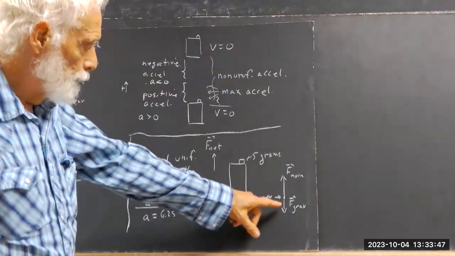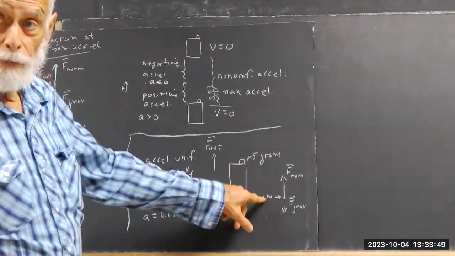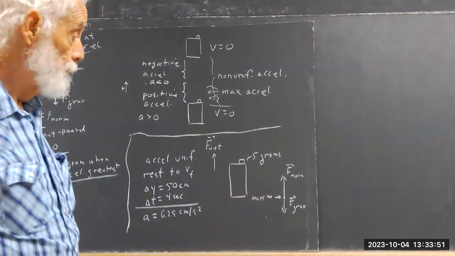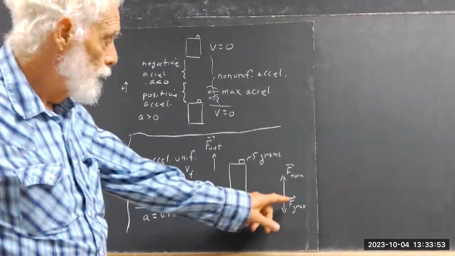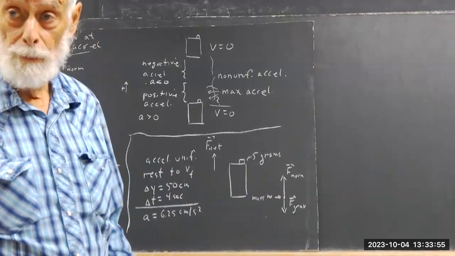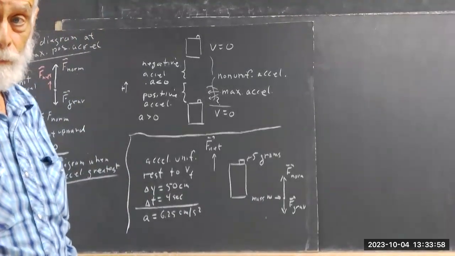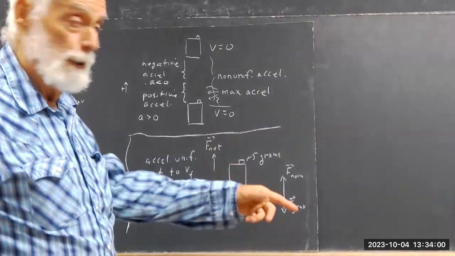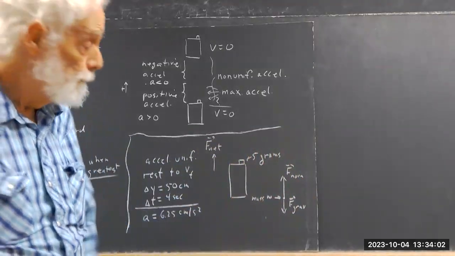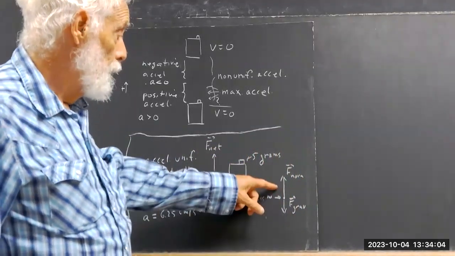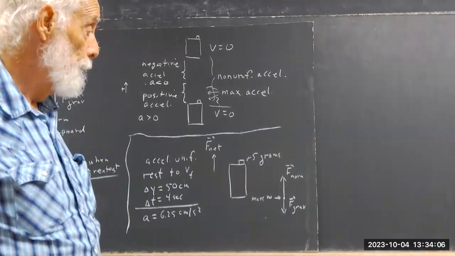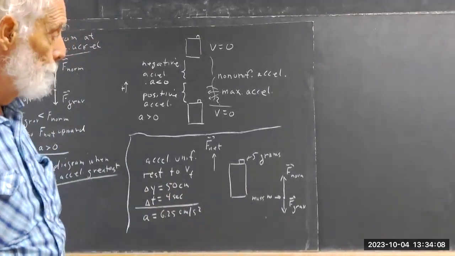And the nickel is represented just as a dot with a mass of 5 grams. What's the gravitational force? Well, it's 5 grams times the acceleration of gravity. What's the normal force? Well,